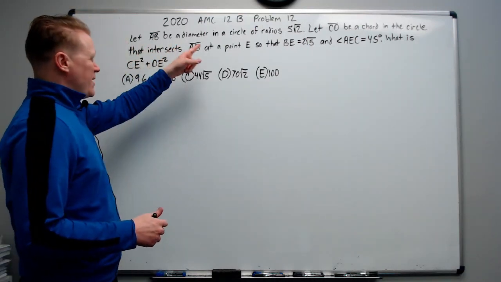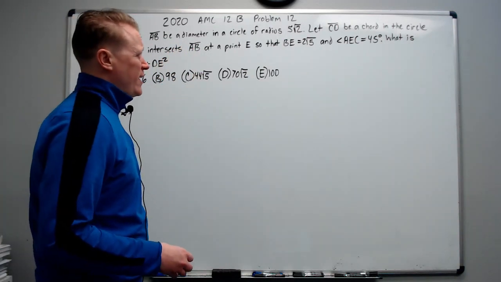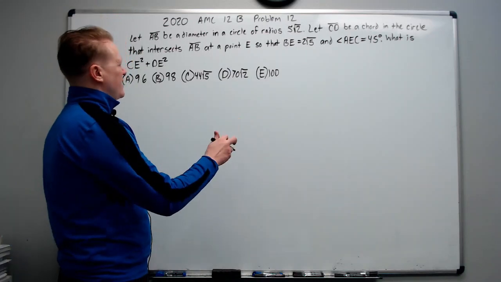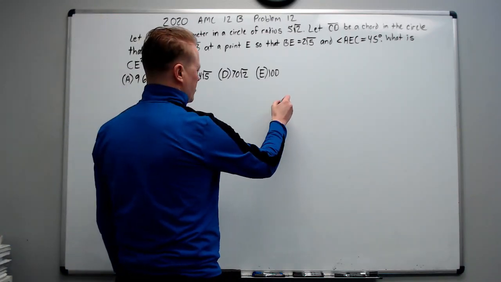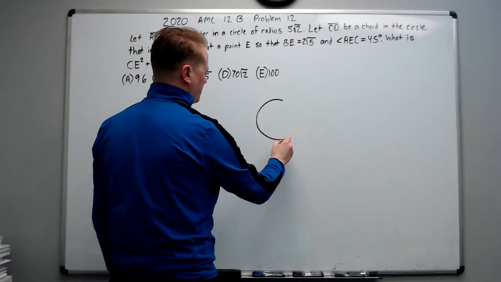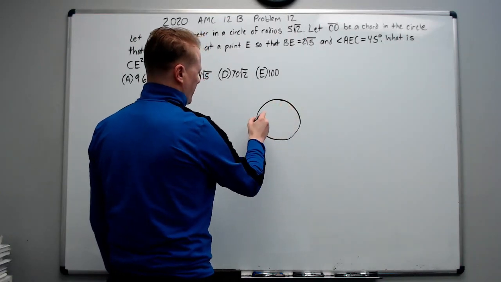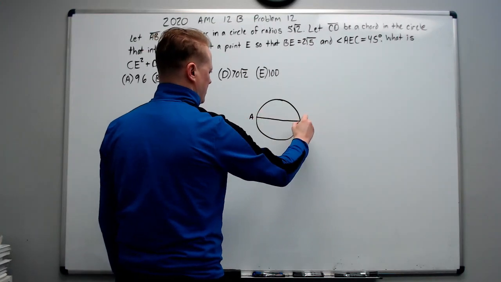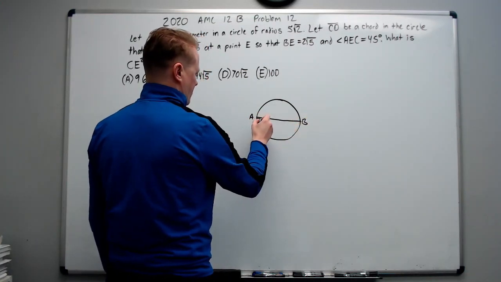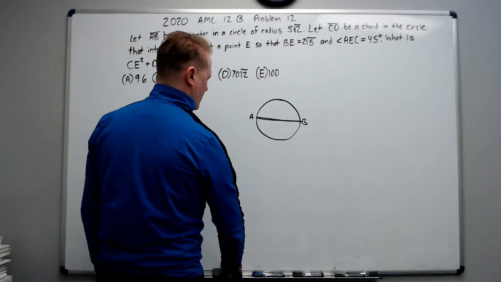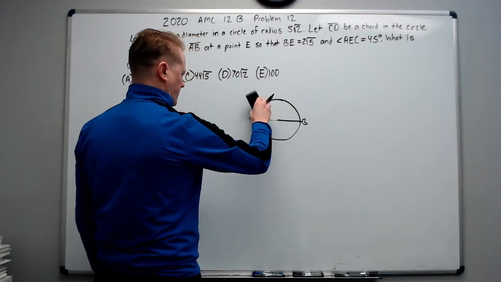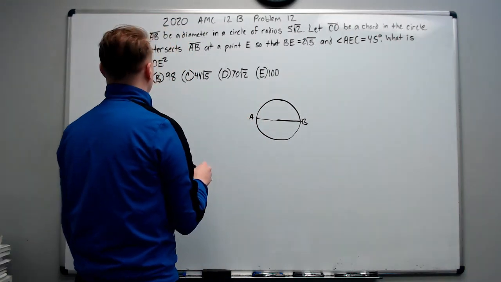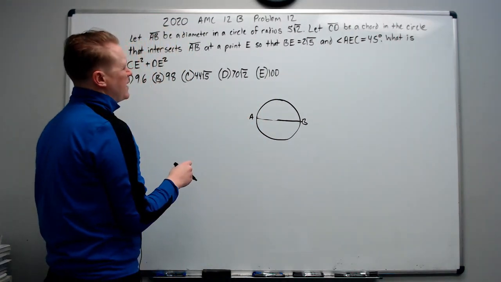Let AB be a diameter in a circle of radius 5 radical 2. Let CD, so before we even continue, let's try and make this. Let's make a circle. We'll give it a diameter of AB. Actually, make it more like this. Erase that part. Okay. And it says CD is a chord in the circle that intersects AB at a point